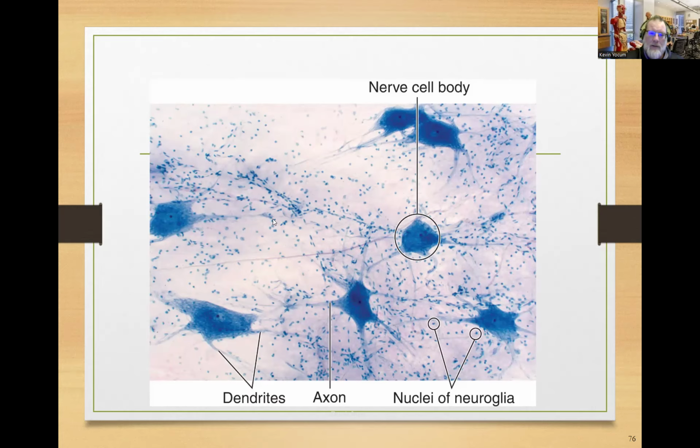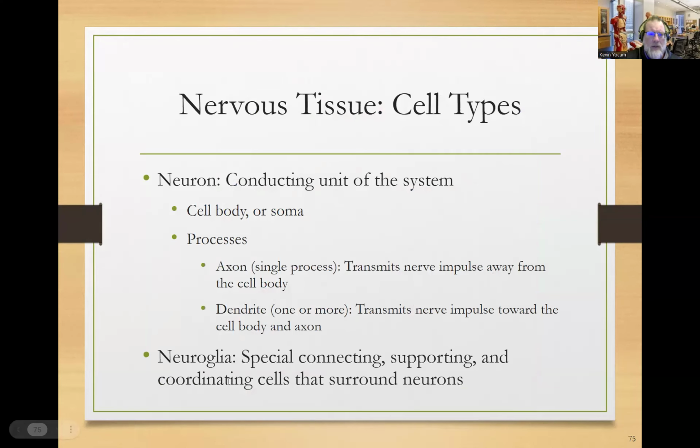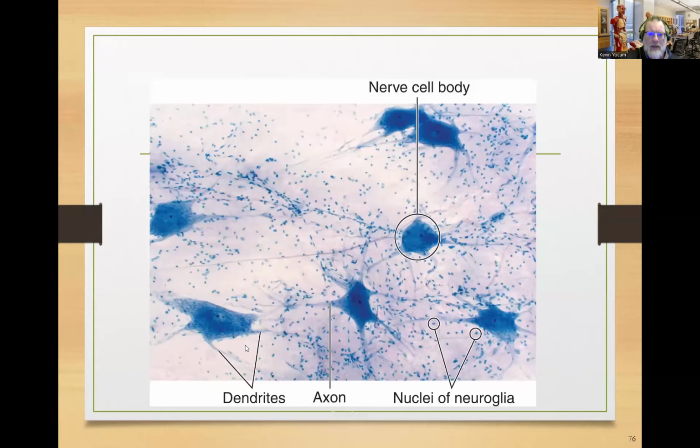Okay. So nerves don't go through mitosis, but the other type of cell, this neuroglia, does. So a lot of this out here is all neuroglia. So all these blue dots, that's going to be the nerve glue, basically. So this would be Schwann cells and myelin. Neuroglia. So again,